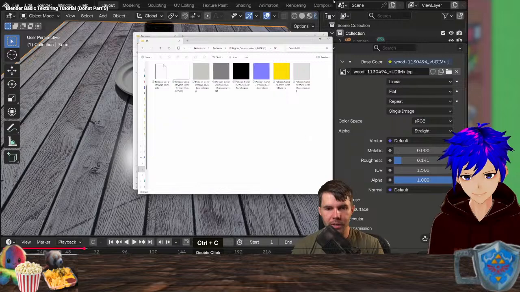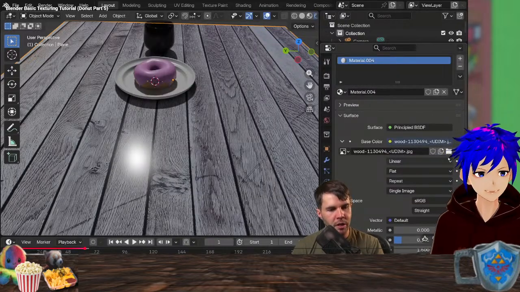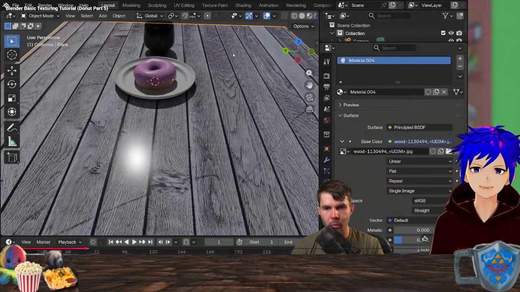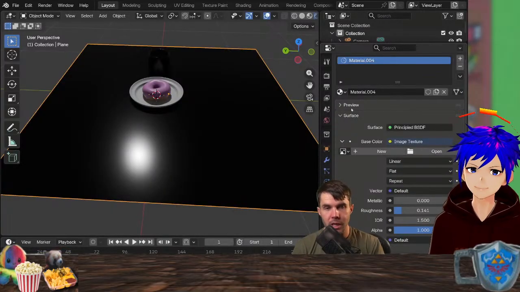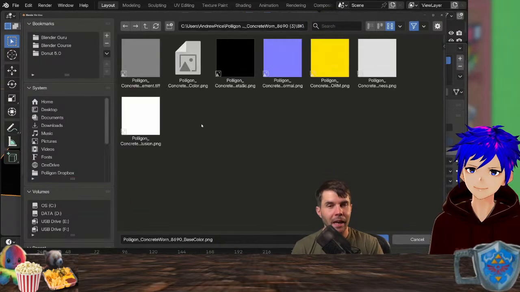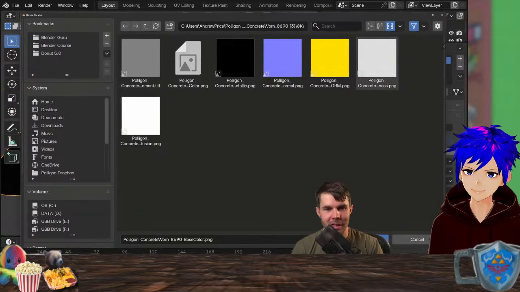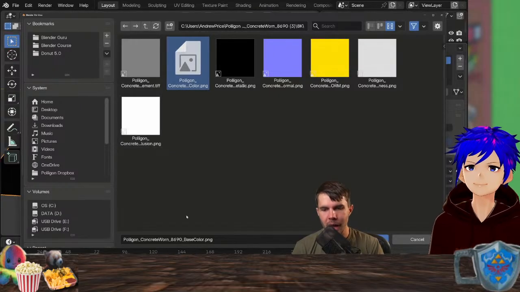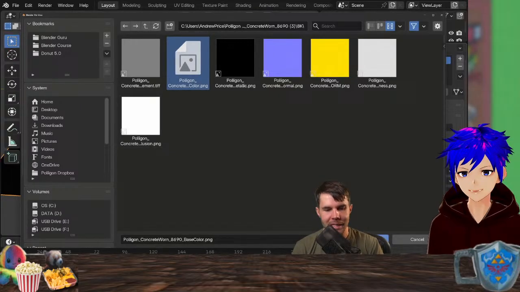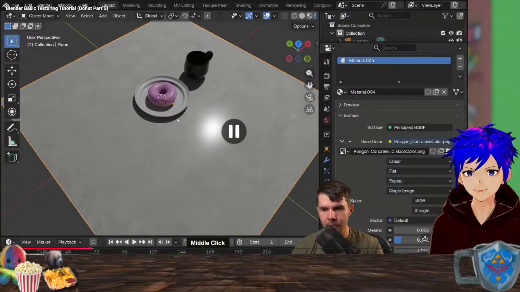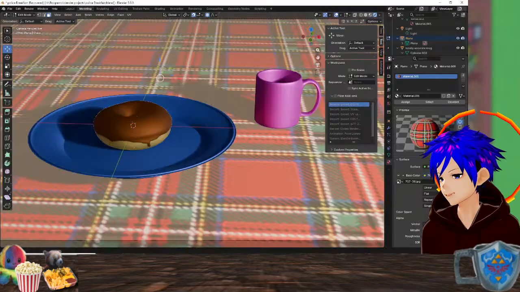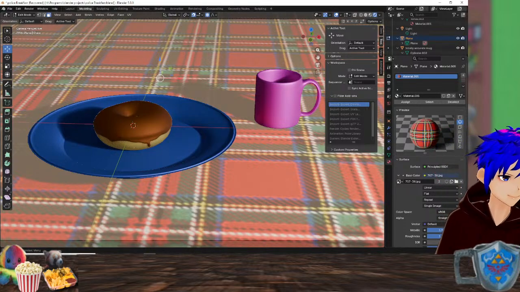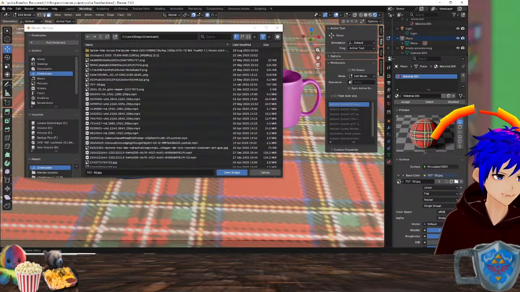So I'm going to just copy this folder location, and then back in Blender for my selected plane here, underneath base color, I'm just going to, just like before, select image texture if you haven't already. Then I'm going to click open. A lot of these images look pretty similar. There's very little detail across them. There is some, but the one we're looking for is underscore base color. So that is the one we're going to start with. Okay. And let's go here.